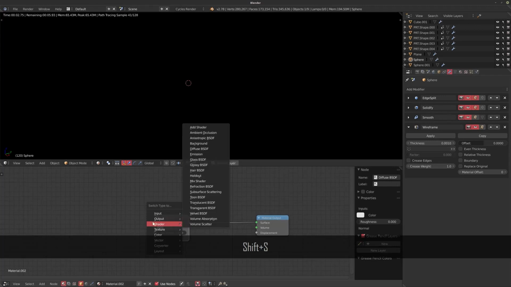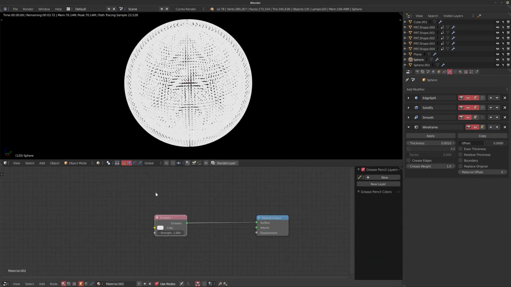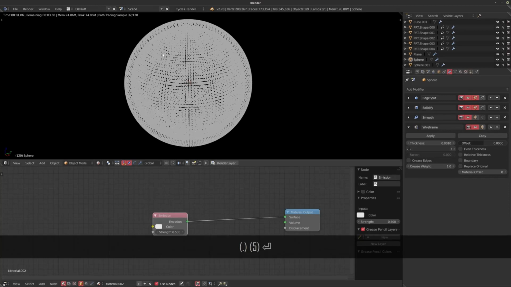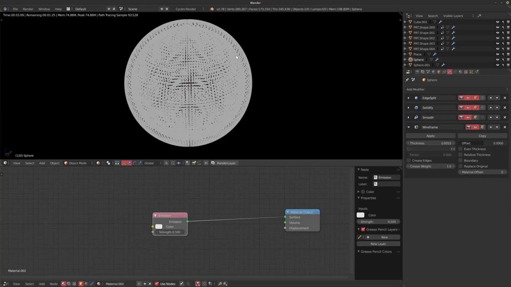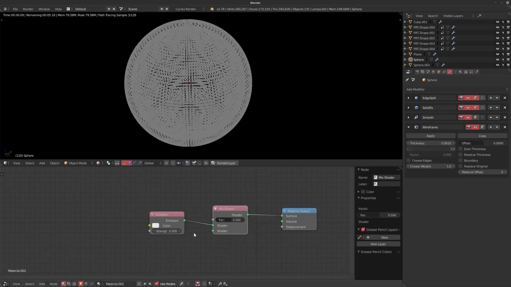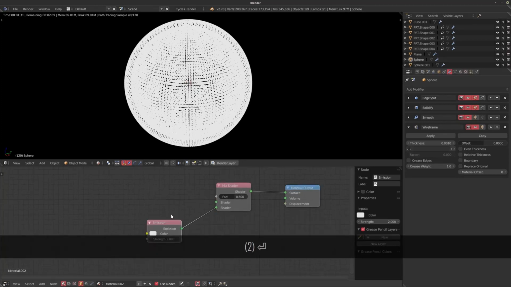So if I were to change this over to an emission shader, now it's in the surface slot, and were you to turn this down, then it just turns gray, and it doesn't really look right because you want this hologram to be semi-transparent. So that's exactly what I'm going to do for this one. I'm just going to grab a mix shader. I'm going to put in the emission in the bottom slot. I'm going to turn it back to 1, and keep it simple.